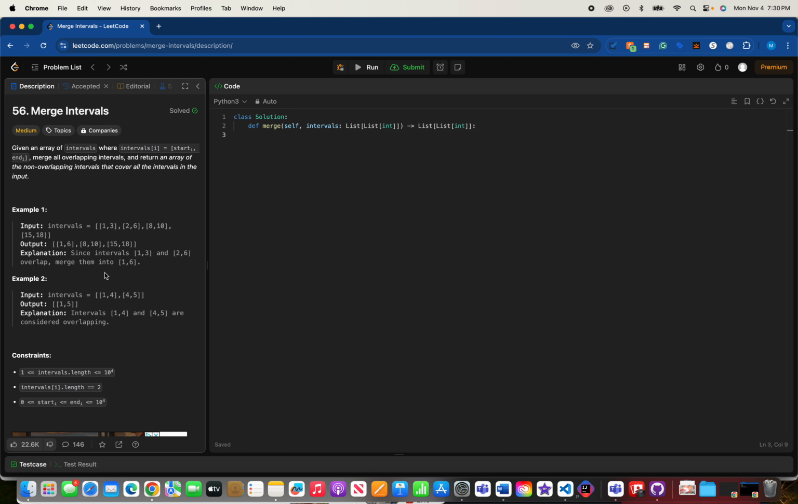Merge intervals. Given an array of intervals where intervals[i] equals [start, end], merge all overlapping intervals and return an array of the non-overlapping intervals that cover all the intervals in the input. Example one, with intervals,